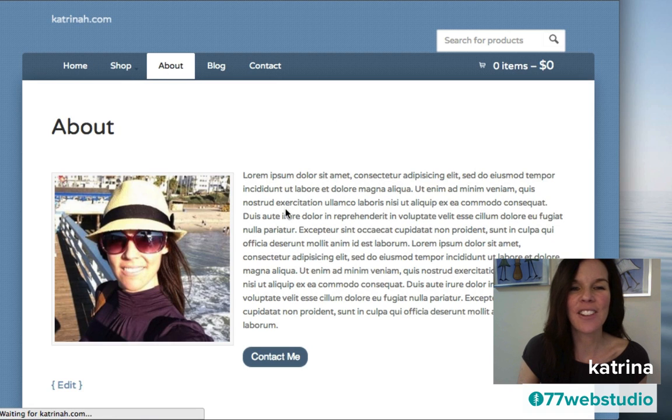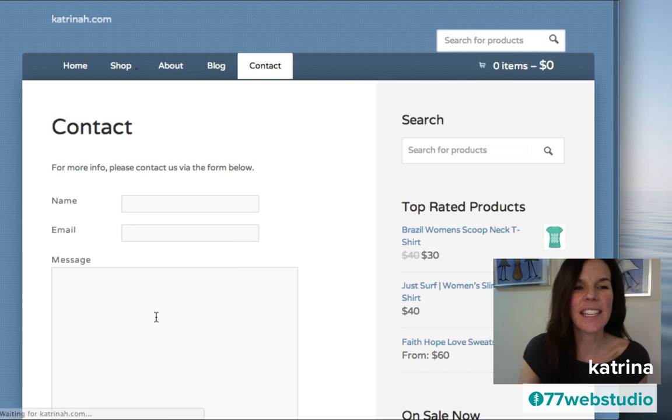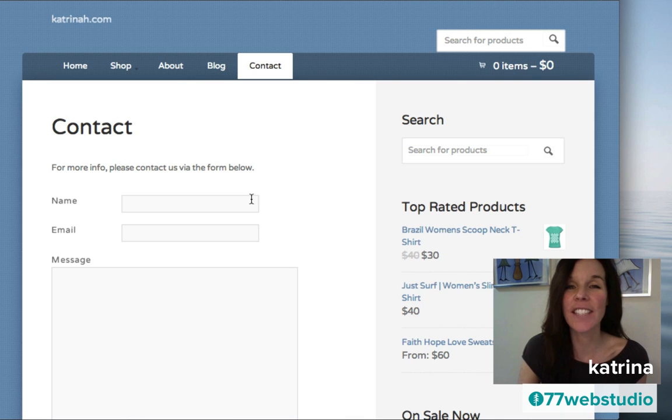And here we see there's an About page, so you can create an About page about your business, your company, your store. I'll show you how to add both the text and image. And then here we see there's a call to action button, so I'll show you how to set that up also. I'm going to click on Contact Me to go to the contact page. And here we see there's a really simple form for anyone to contact you directly through your website. So I will also show you how to create a contact form for your e-commerce website.